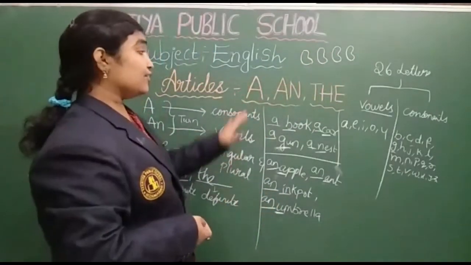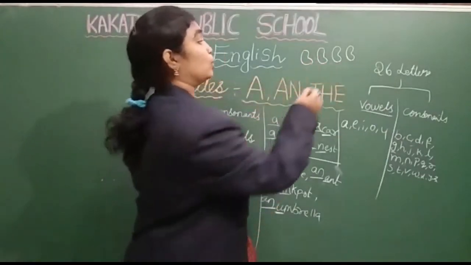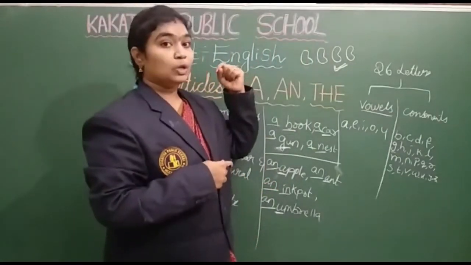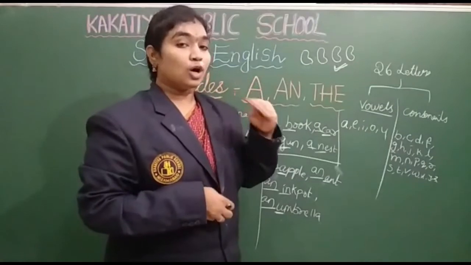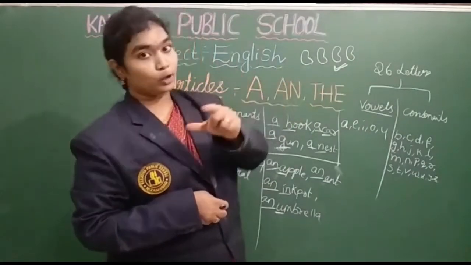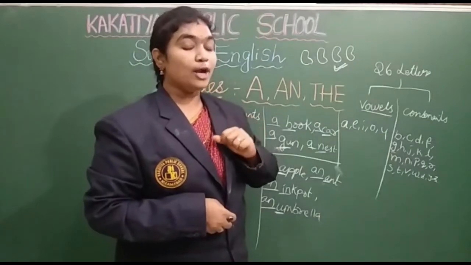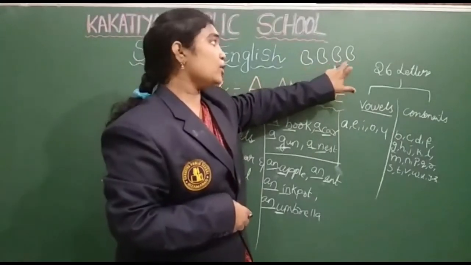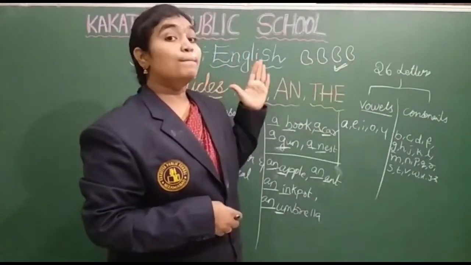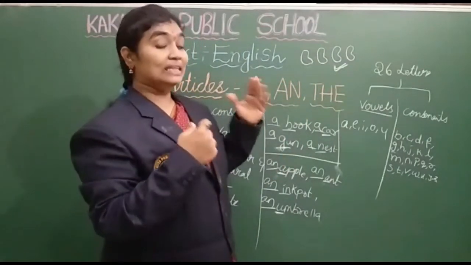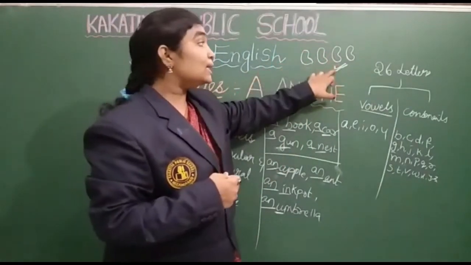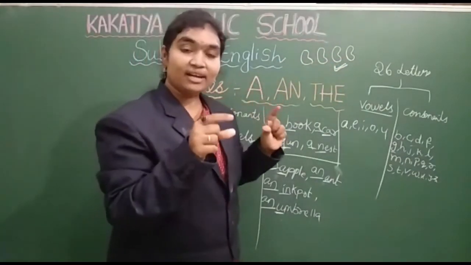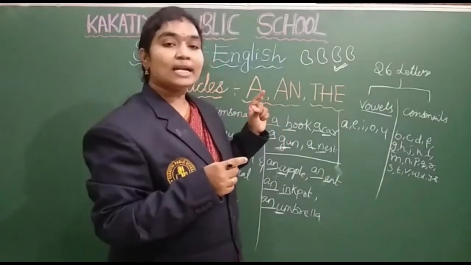In the case of a definite article, if I want only the third mango, I want the third mango. See, in the first sentence, what did I ask? I want a mango to eat. A mango means what? It can be this mango, this one or this one. It may be any one of the 4. But coming to the definite article, I want the particular one. What does particular mean? I want only the third mango. So, for the definite article, we are going to use the article The.